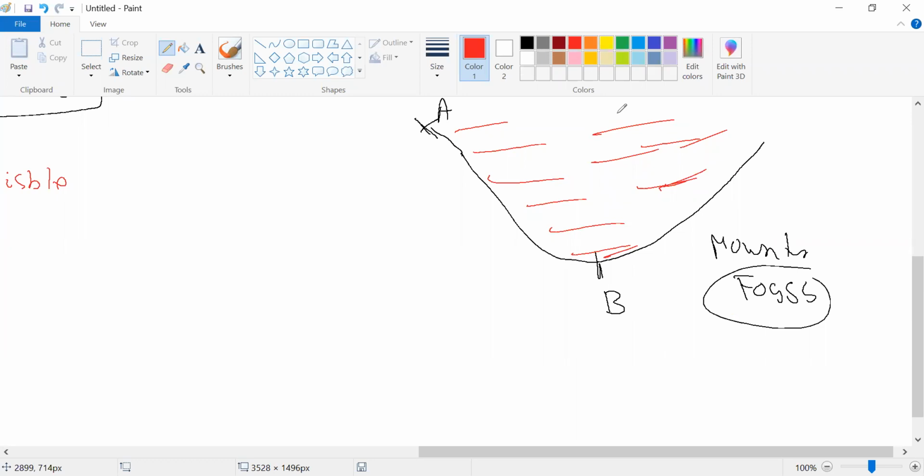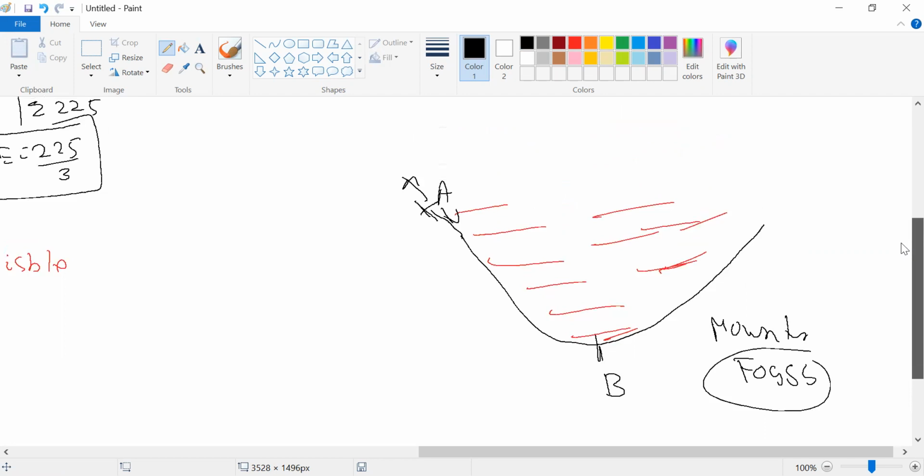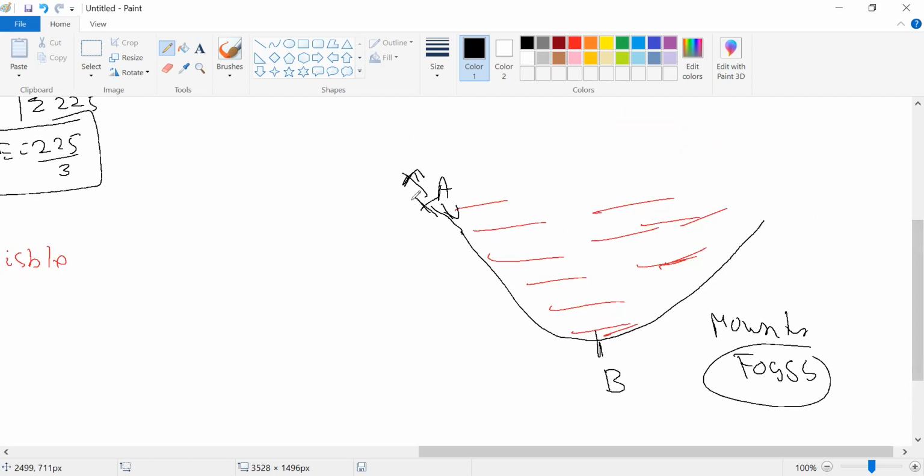कितना दूर है नहीं पता, पर है वो पता है. I know that point B would be existing, but where it is, I don't know. And you don't even know in which direction I should travel. Should I travel in this direction or should I travel in this direction to reach the point? यहाँ पे mountain नहीं, valley आ गई है. So basically what will you do?